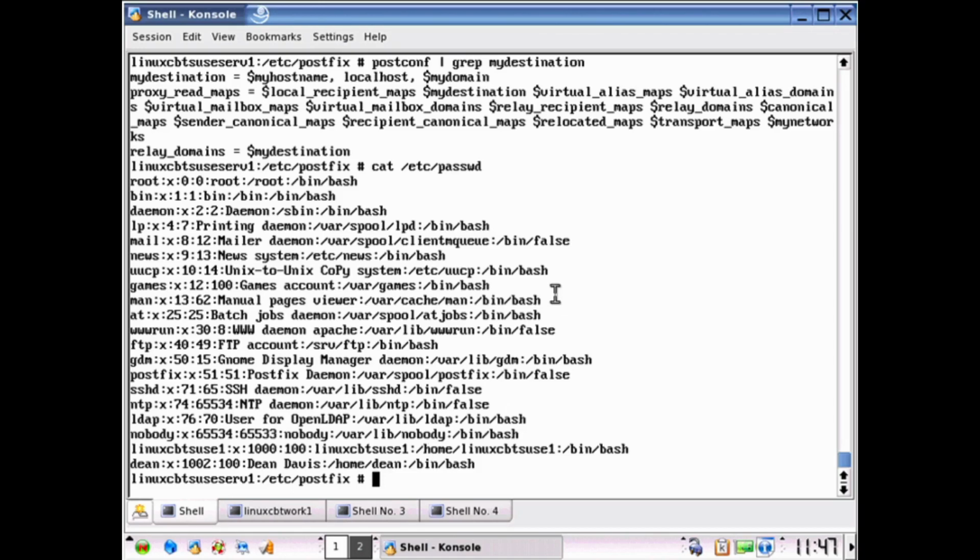We'll now alter the configuration so that we can split the users to domains. Currently, all users will accept messages to any destination defined by the MyDestination parameter. So the user linuxcbtsuzy1 will receive messages to anything that's specified by MyDestination, including my host name, localhost, my domain, which includes the following: